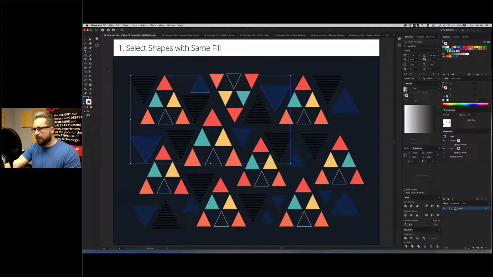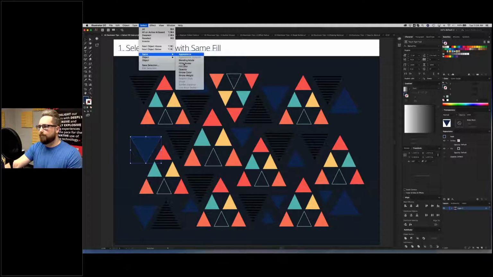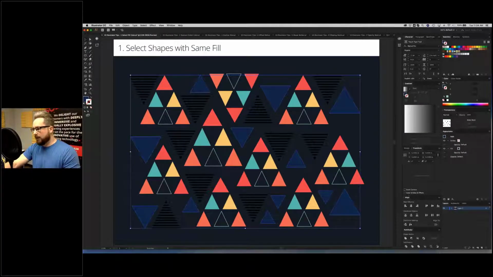But a faster way would be to highlight one of them and then go up to Select, Same, Fill Color. That's going to select all of those shapes that have that same fill color for me, so I don't have to go in there and manually choose each one. Now I'm going to go over and change this to be my fill. And let's say maybe I want this to be more of a purple color, and then I can go in here and change it, and you can see it will change all of those colors, all of those shapes that